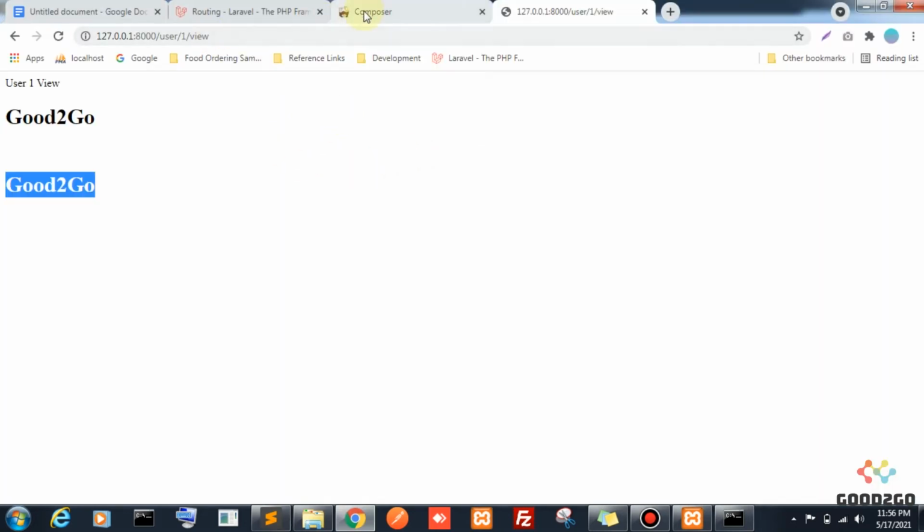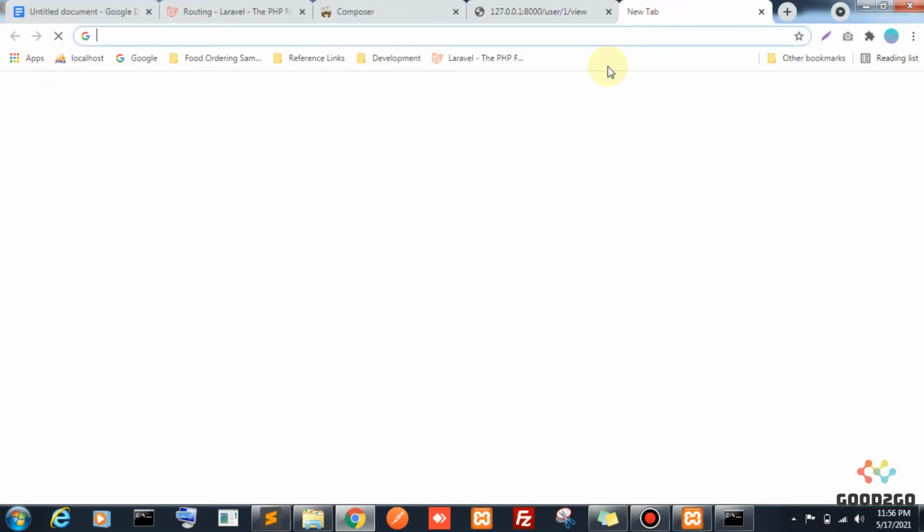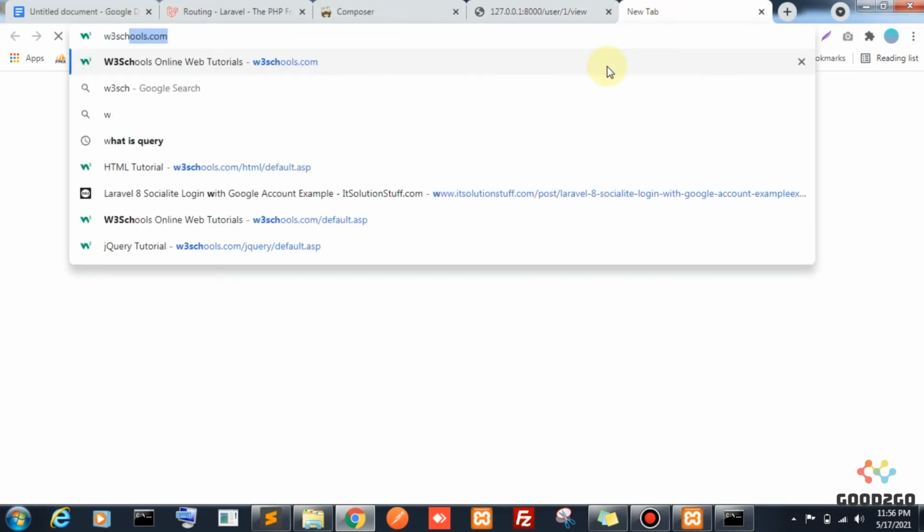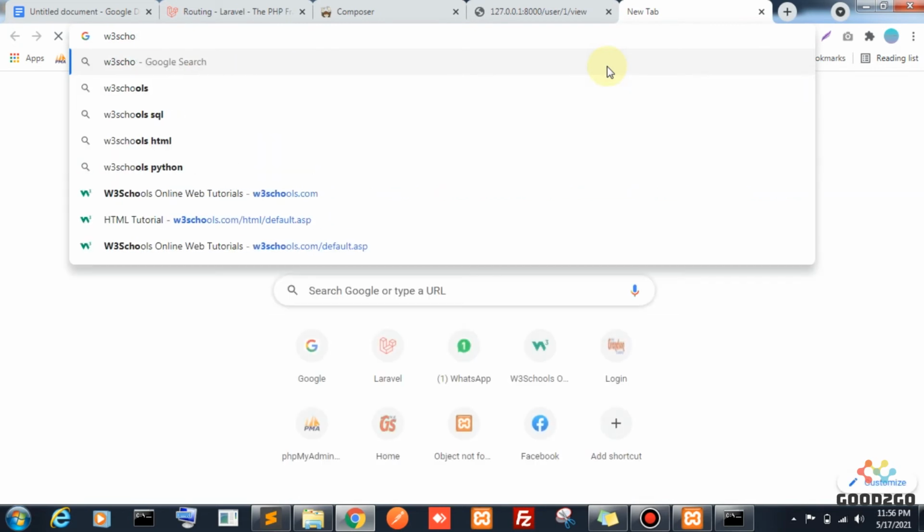Fine. Now we will create one controller to map these view pages. Before that we will build one view. We'll go with the live view method. As usual I'm going to w3schools.com.